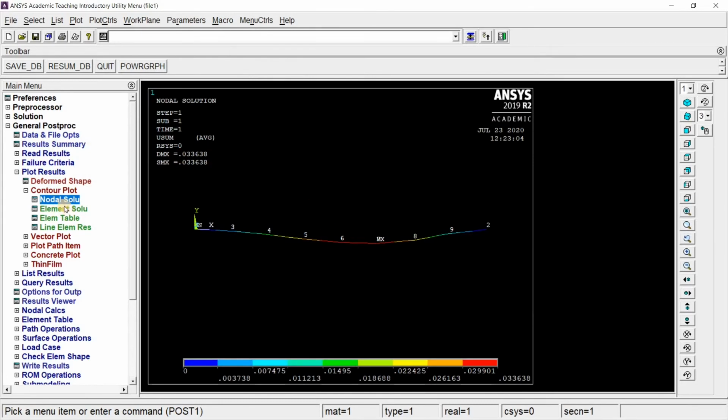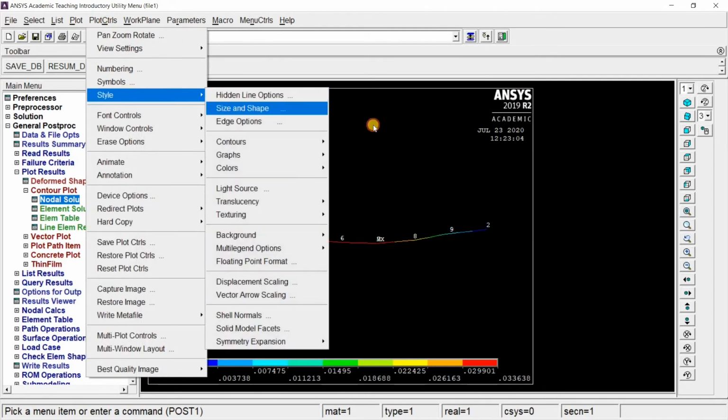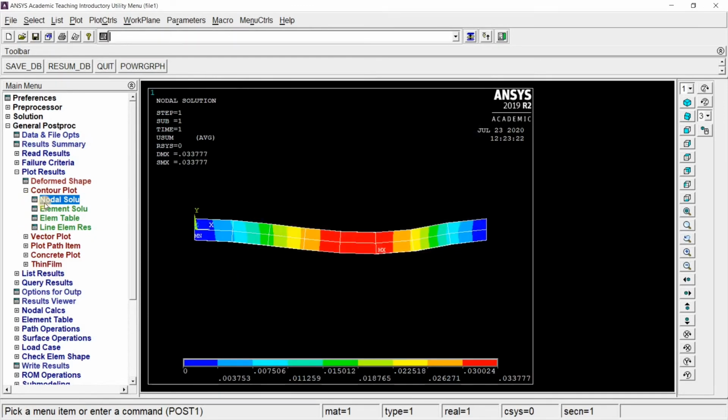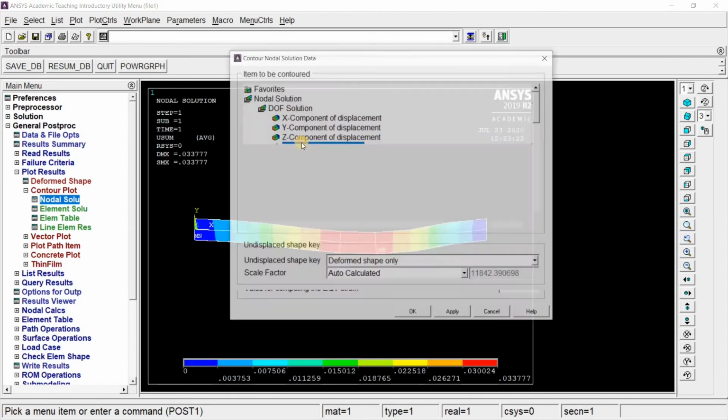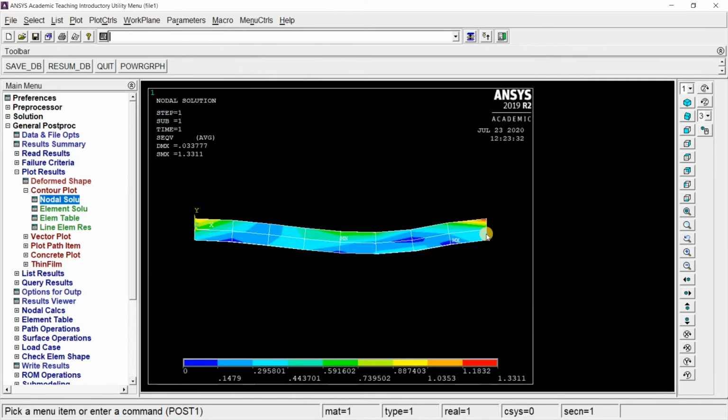Next we can go to plot controls, style, size and shape and select display of element. The beam will be displayed. Now again if we go to nodal solution and select stress and select von Mises stress and give OK, the stress distribution will be displayed here and the maximum stress value will be displayed here.